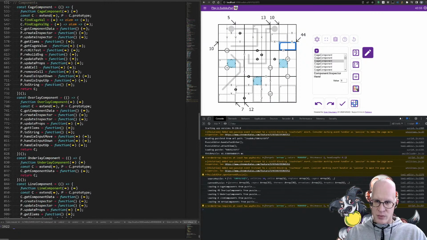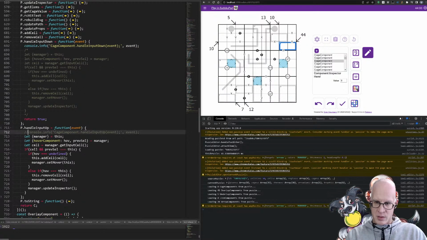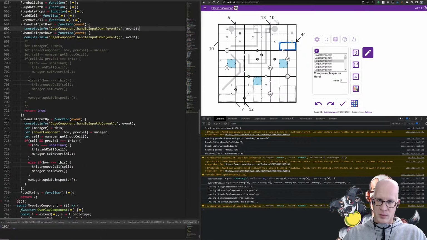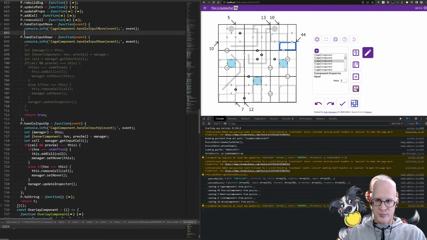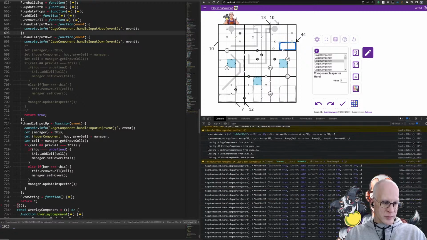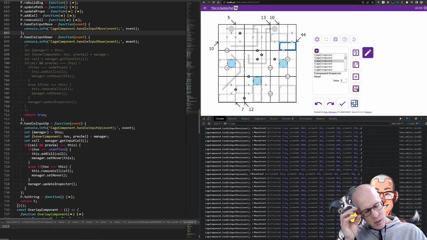So let's look at our cage component. We have a cage down, cage up, and we're going to have cage move. Do we have the moves first usually? Yeah, don't know why. Do not change it now. All right. So cage down, move. So what do we want to do? If we're pressing it down and start moving immediately,